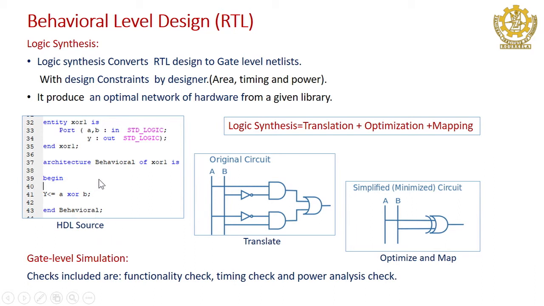So, what will logic synthesis do? It will try to translate it into gates. One level of translation, which is not optimized, can be done like this: I can take A bar B plus A B bar and OR them, and you will get a gate representation for this code. But if you use optimization and then map, then instead of using these 5 gates, I can use directly one XOR gate which is available in the library of the vendor.